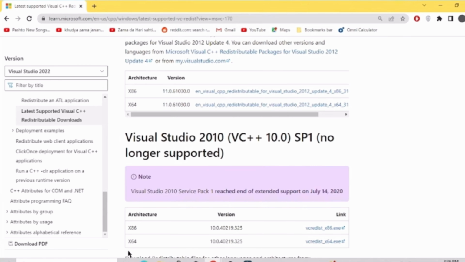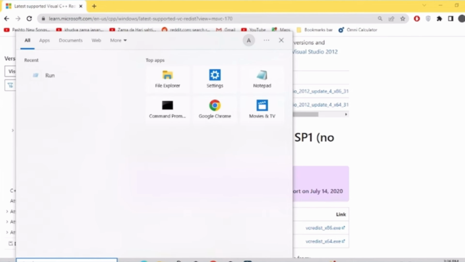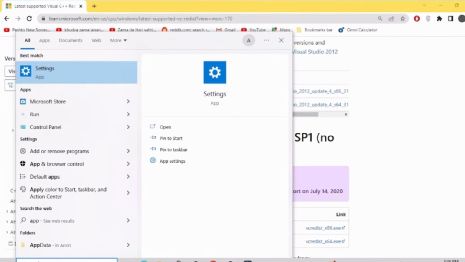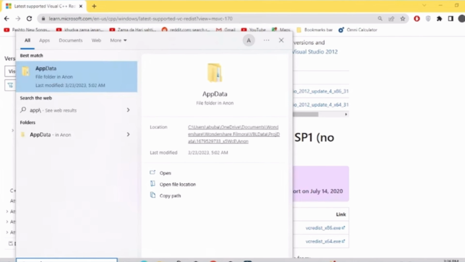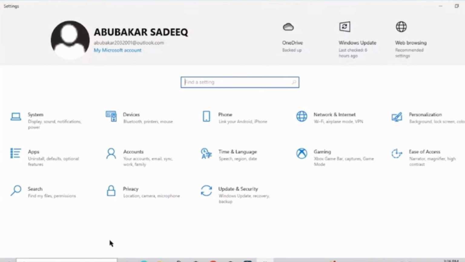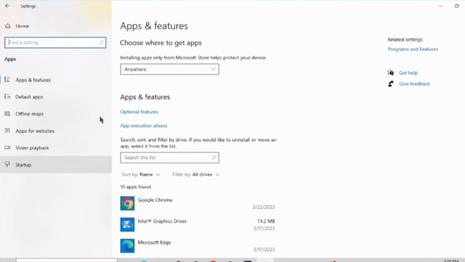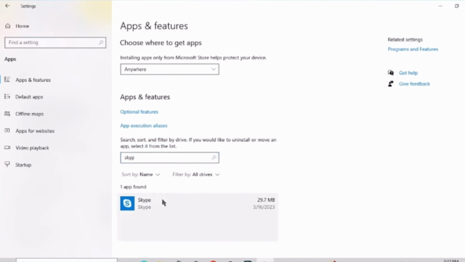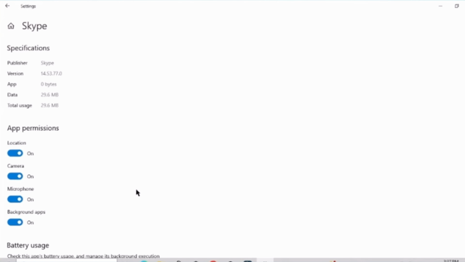can start downloading that and then try to open your settings and then tap on look for the app data, or you can just go to your apps and tap settings or Skype. So try to tap advanced option and we will try here to